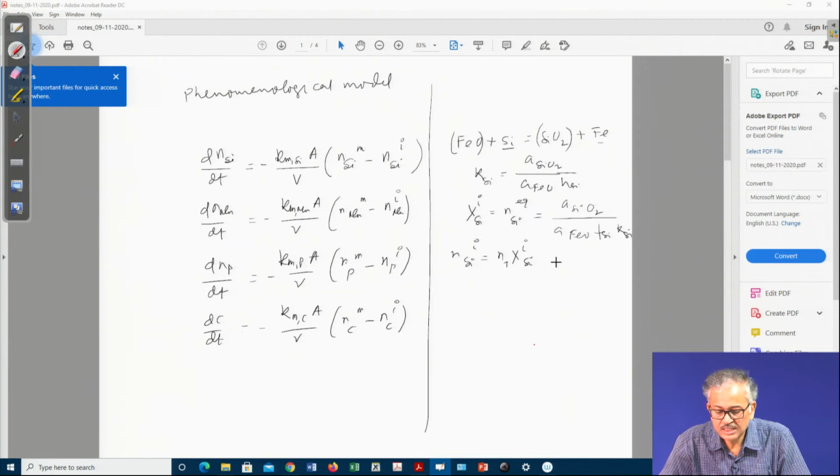Anyway, so n_Si and X_i, there is the mole and this is the mole fraction of X_i into total moles of impurities into the metal. If you know, you can correlate the mole of Si to the mole fraction of Si, and you can get the mole fraction from this formula. Okay. So, this is the way you can get it. And this is for the impurities into the hot metal, that is the mass balance equation for the impurities into the hot metal. And then similarly, I have written